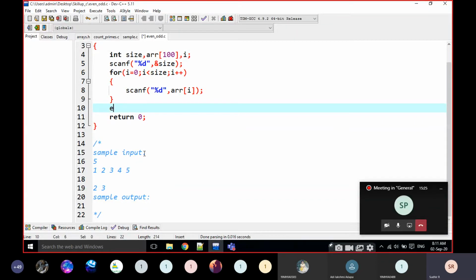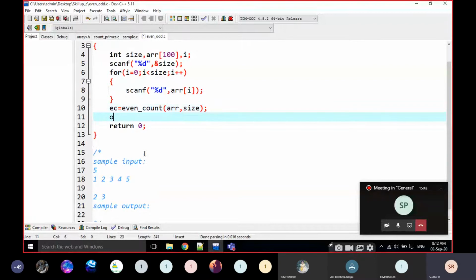Even count is equal to even underscore count of ARR comma size, and odd count is equal to odd underscore count of ARR comma size. We have to declare those two variables also, EC comma OC. I am going to print these two values.